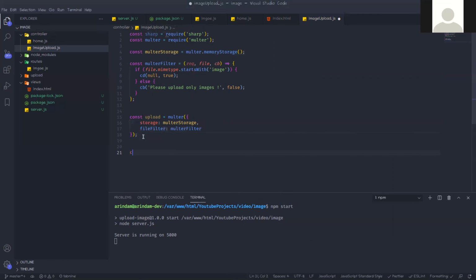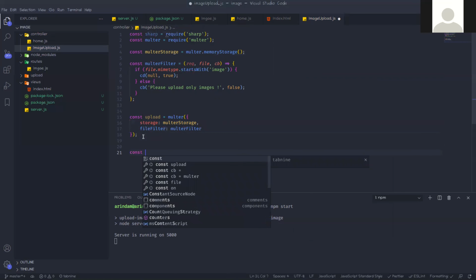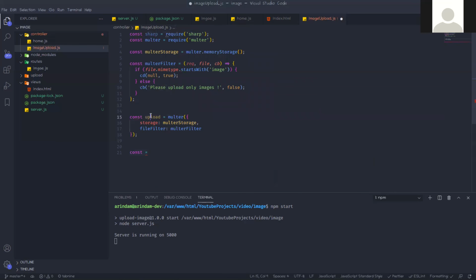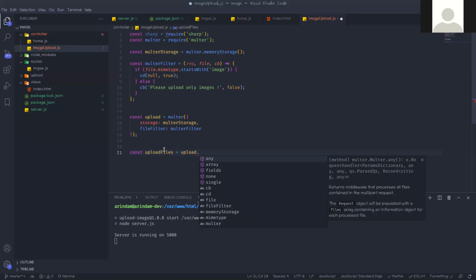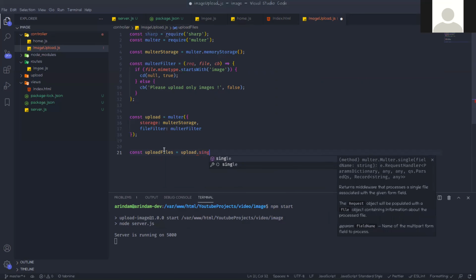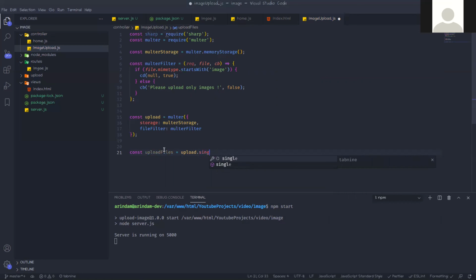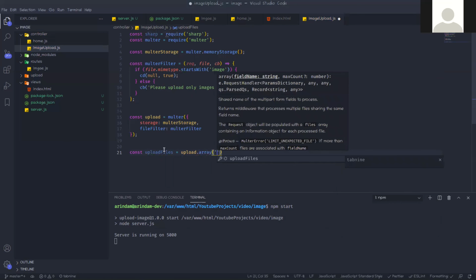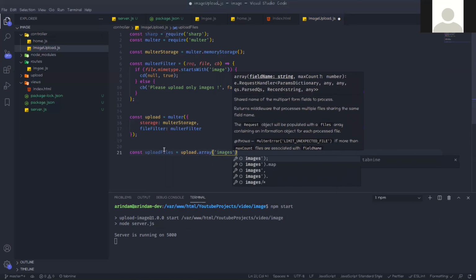Now another thing: const uploadFiles, calling this upload function from Multer. If you are trying to upload a single image, then you can use single, but I'm trying to upload multiple images, so we are using array, and that should be images.